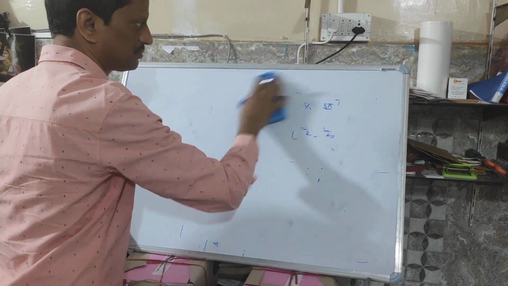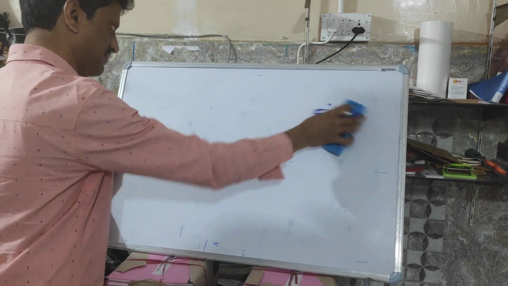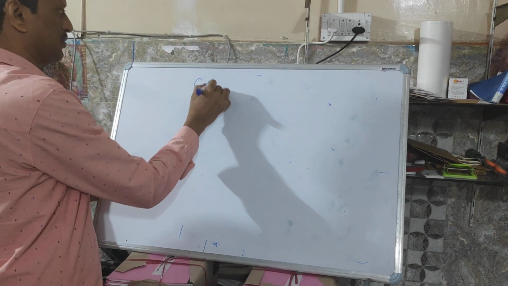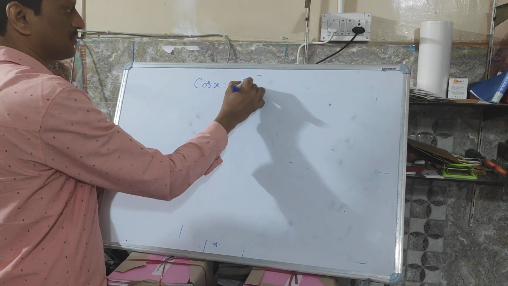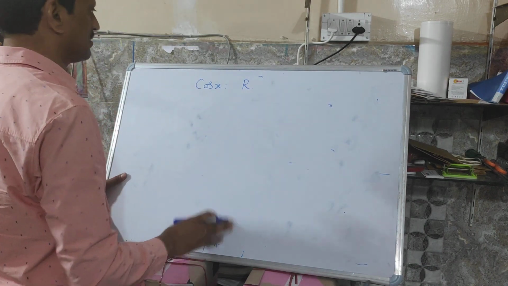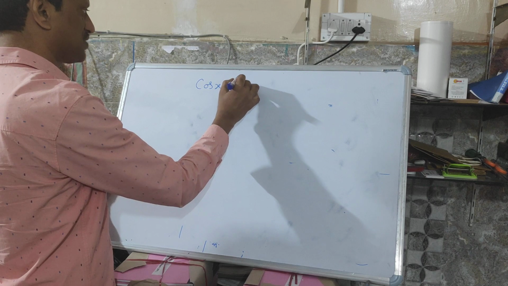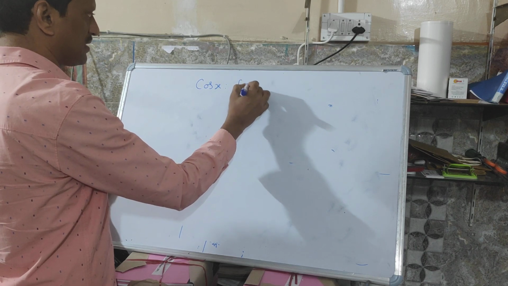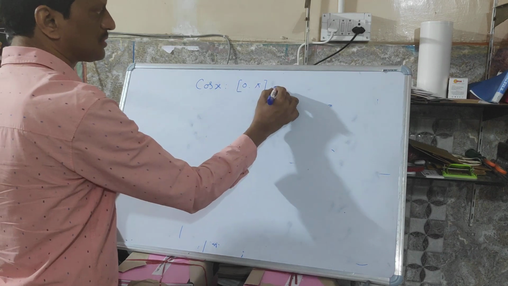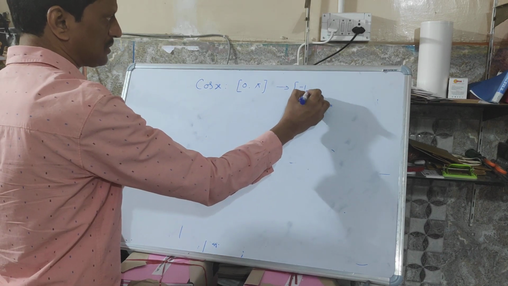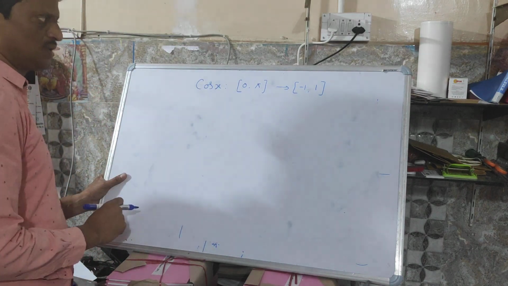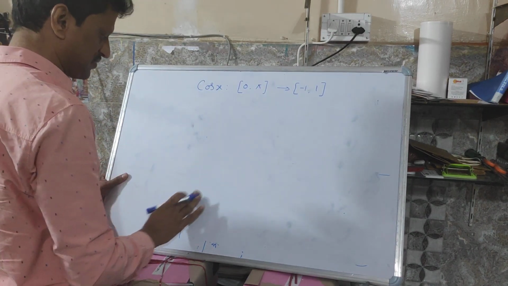Now coming to cos x, the same history repeats. Again the domain of cos x, you know, is R, but cos x is not bijective on this entire domain. So again I am restricting its domain, the principal domain. Cos x from the closed interval 0 to pi to the closed interval -1 to 1, I am taking. This function is clearly bijective. We have already discussed this in inverse functions.